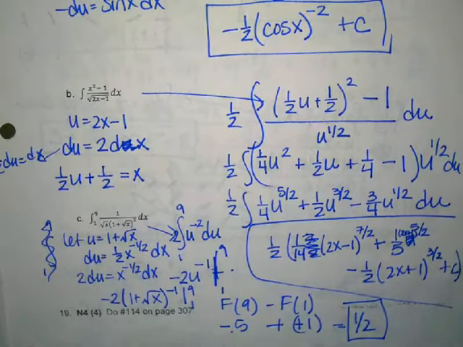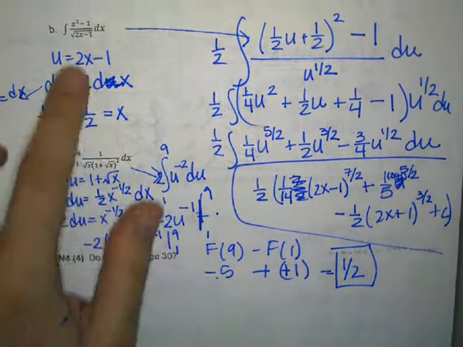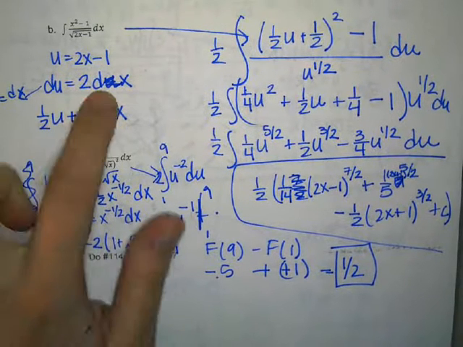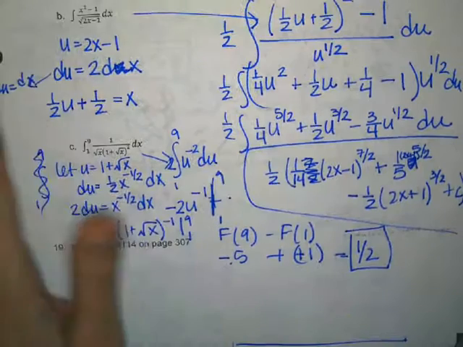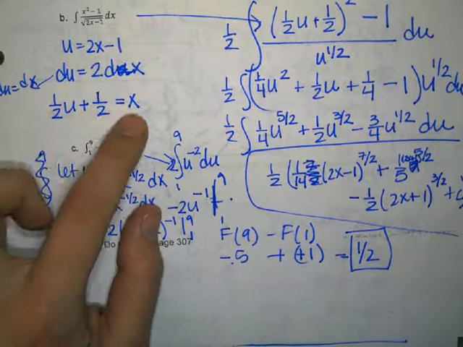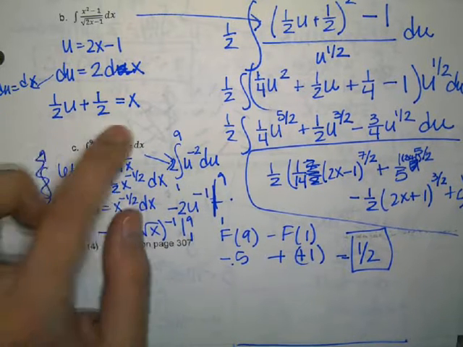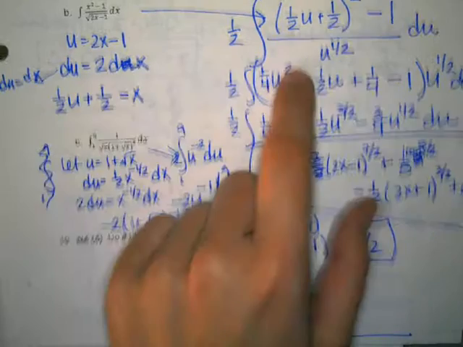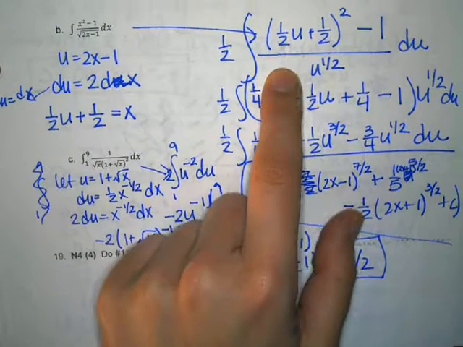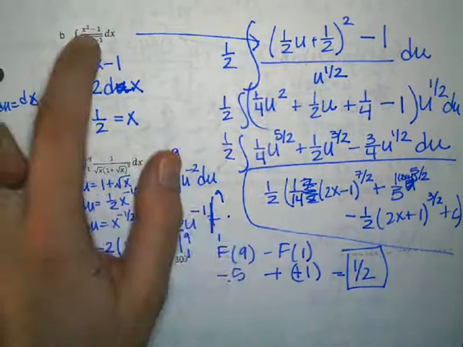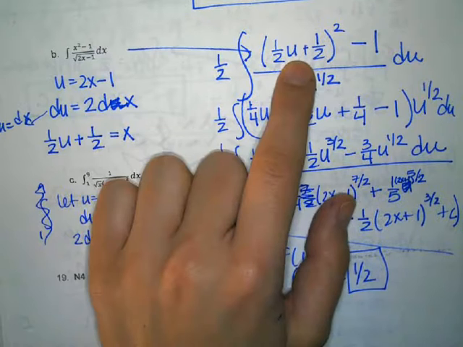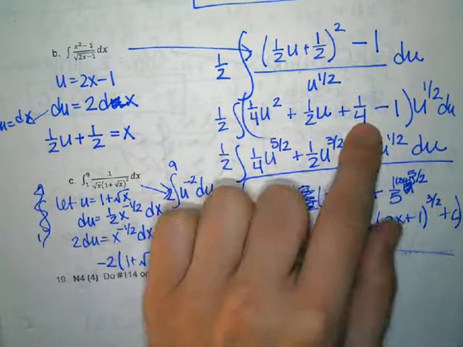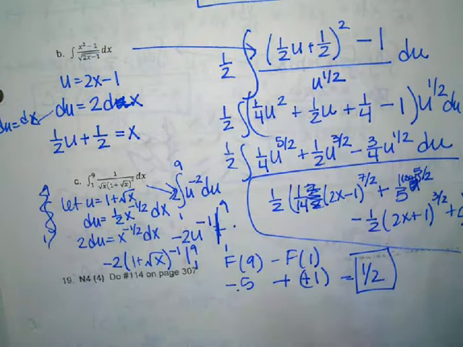For B, this one you have to use the funky U substitution. So we're going to let U equal the bottom, du equals 2 dx, which then you have to move the 2 over because there's not a random 2 anywhere. And then I rewrite this one for x so that I can replace the expression on the top. So this next step here is rewriting in terms of u. So you can see I replaced the x up here with what it is in terms of u, squared it, -1 thought. Then I FOILed that out to get this, and brought the 1/2 up,